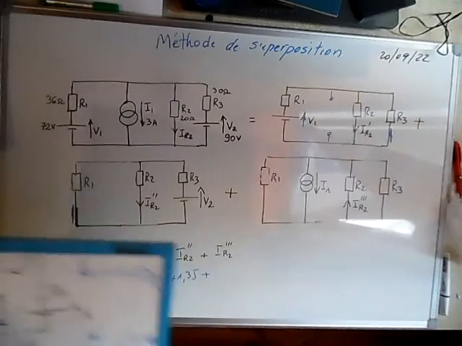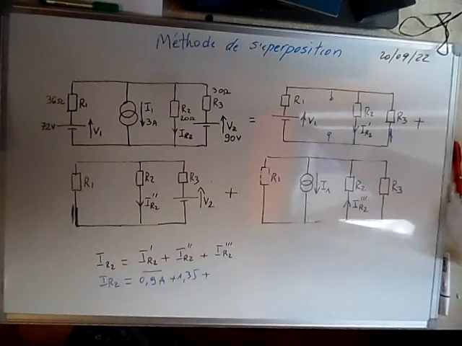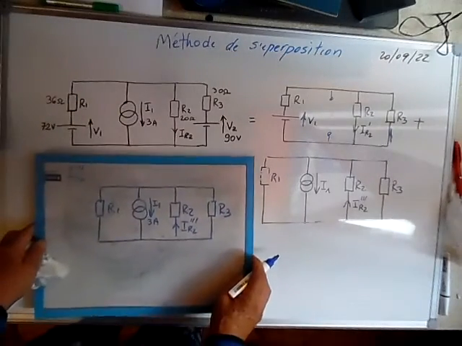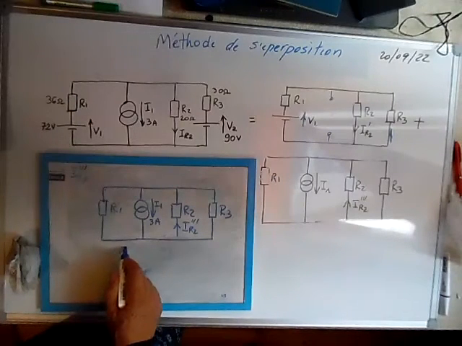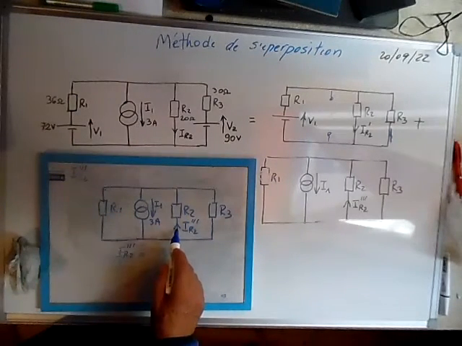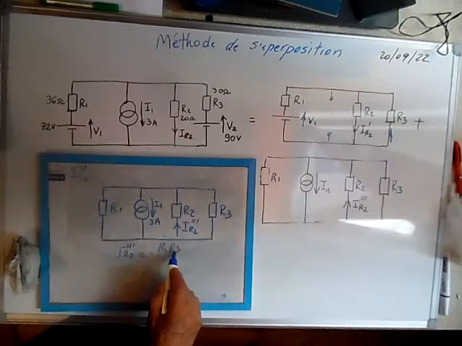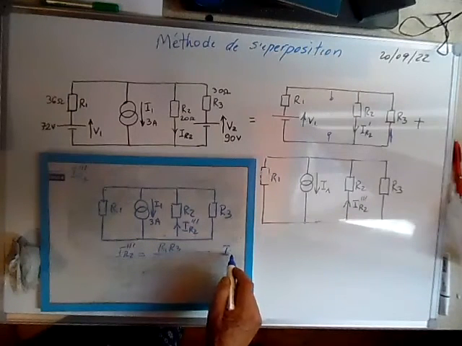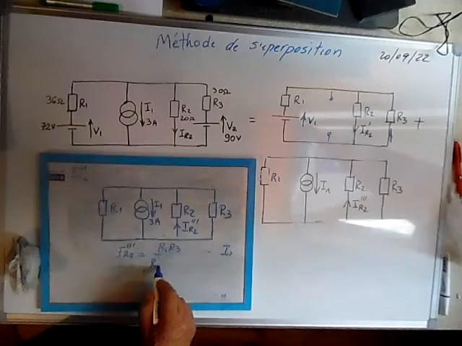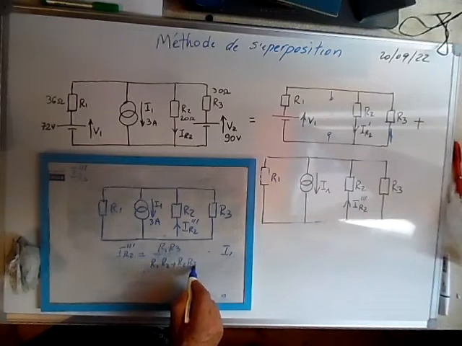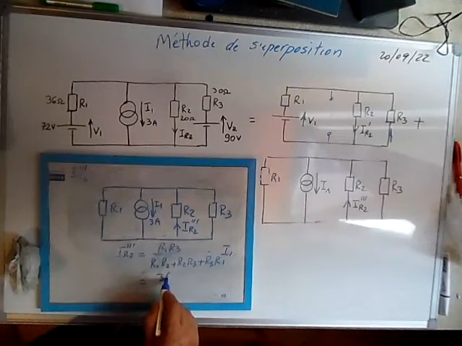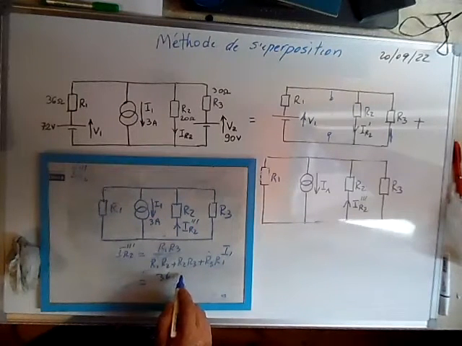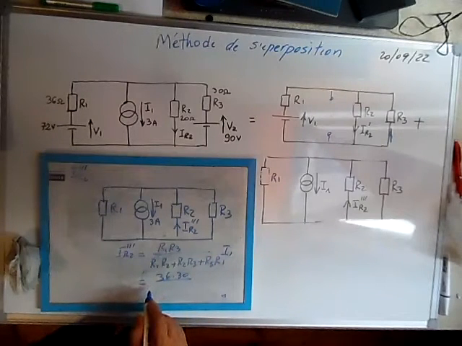and now we calculate IR2 third. We take the circuit here, and we use the current divider. As I said, for three resistors, we can say that this will be negative because it's flowing in the other direction. IR2 third is equal to the current flowing here, R1 times R3 over R1 R2 plus R2 R3 plus R3 R1 times I, and this will give R1, 36, times R3, 30, over